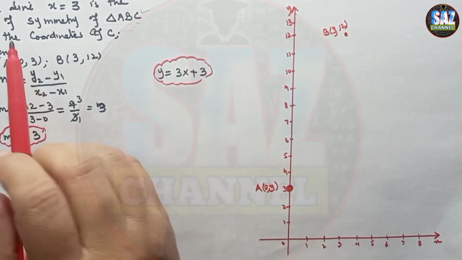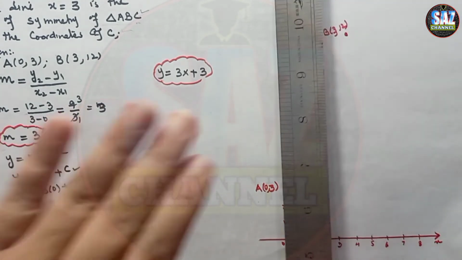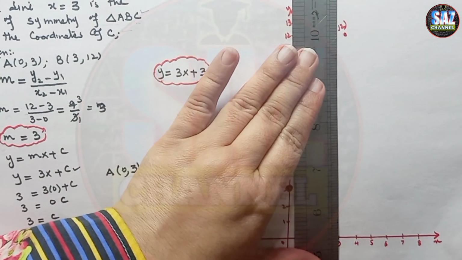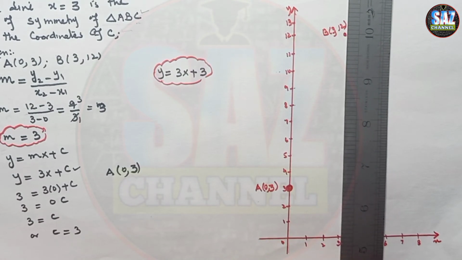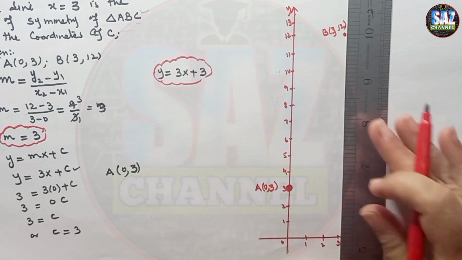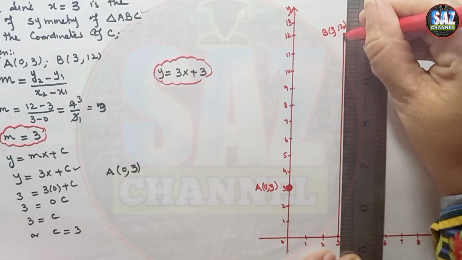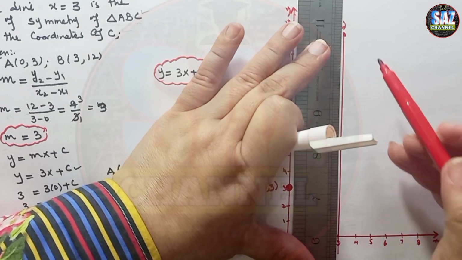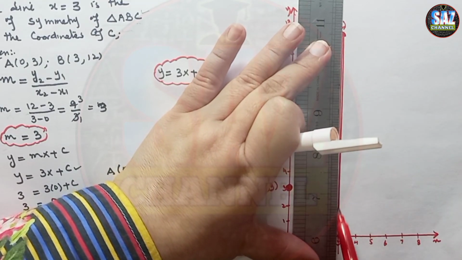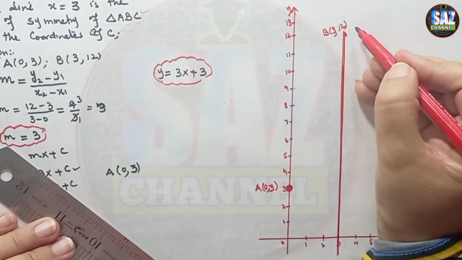And now another thing: the question says the line x equals 3, which means that I have to draw another line, x equals 3. So let me draw the line at x equals 3. This is the line of reflection or mirror line for this triangle. And recall from symmetry, what is the role of the mirror line here? Let me make it a little bold so that my students can understand this easily. This is the x equals 3 line, and this is the line of symmetry.